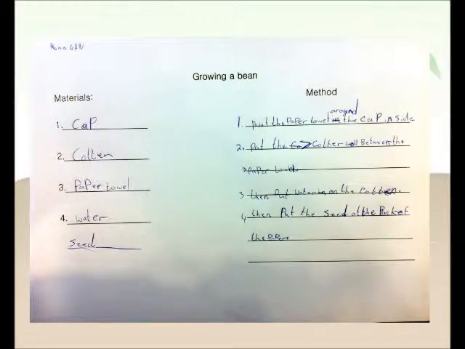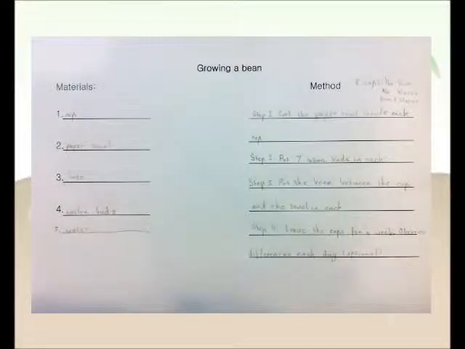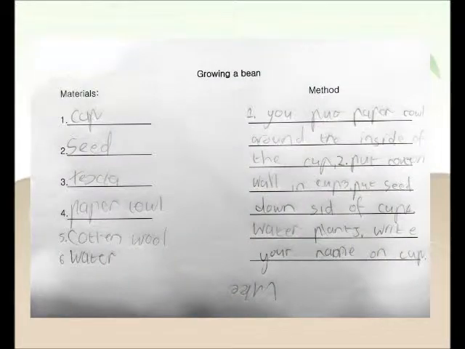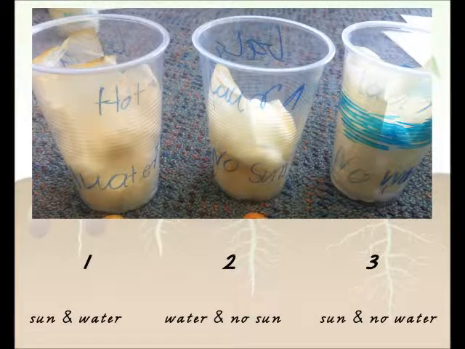The experiment. Each student was given 3 seeds, 3 plastic cups and cotton wool. We asked each student to label the plastic cups with sun and water, sun and no water, water and no sun. The students put cotton wool and a seed in each of the plastic cups and watered the 2 that required it. They then needed to put 1 cup out of the sunlight and the other 2 cups in direct